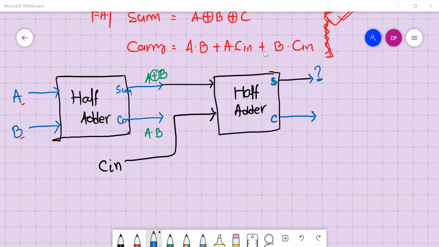Sir, it's I think A XOR with B XOR with C, sir. C in, sir. Sorry, C in. Okay. So sum will be A XOR with B XOR with C in. Right? So what will be this carry? Carry is AB plus AC in plus BC in.